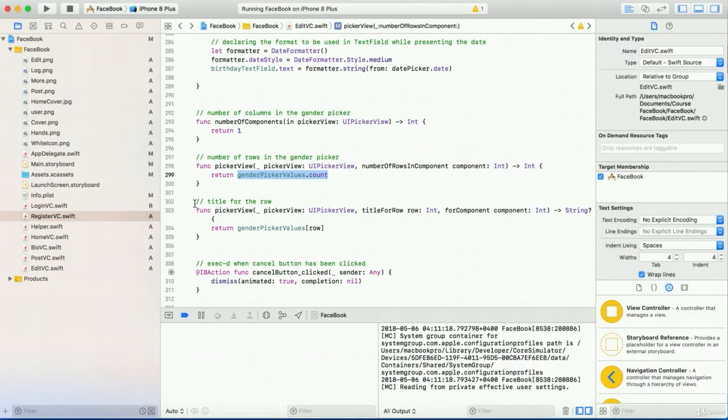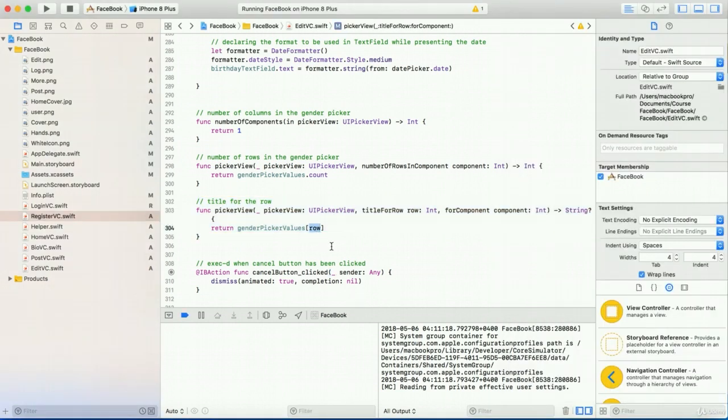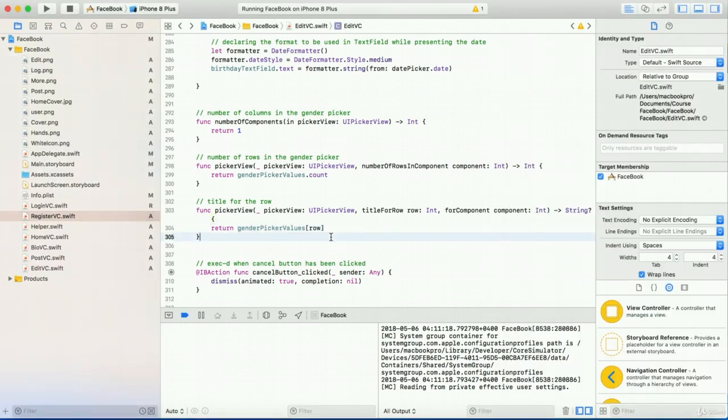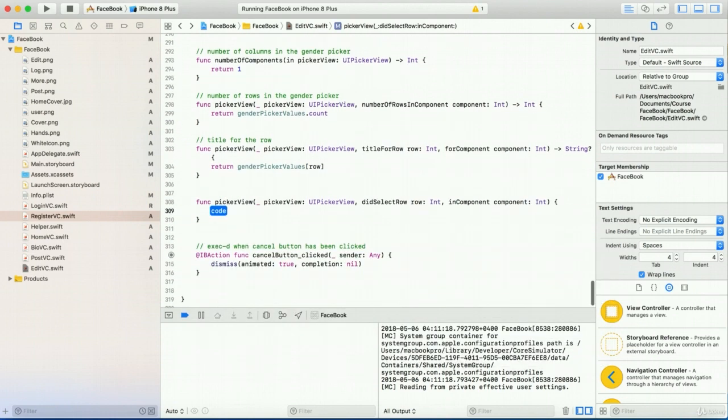And the next one, what should be shown for every single row. So you see here is return row. For every single row, it will return the value. So we have a male and we have a female. Now the last moment, what we need to do is declare when male is selected or female is selected, what the actions should be. So here we need to write a last function, which is picker view did select row. And in this case, we will simply write gender text field dot text